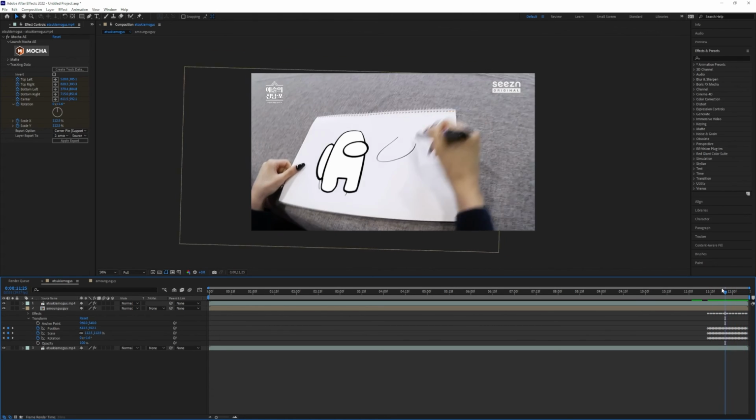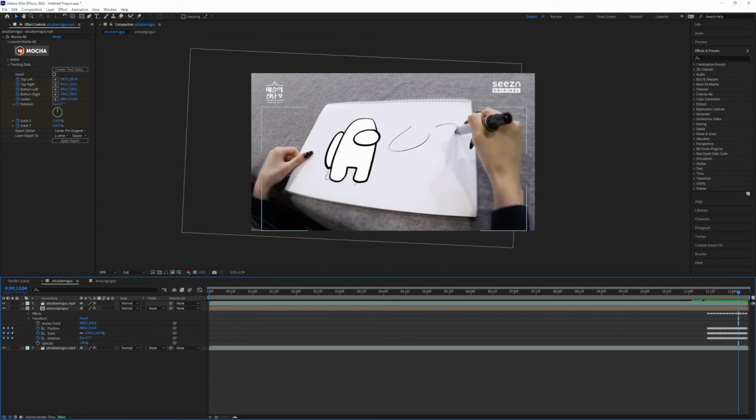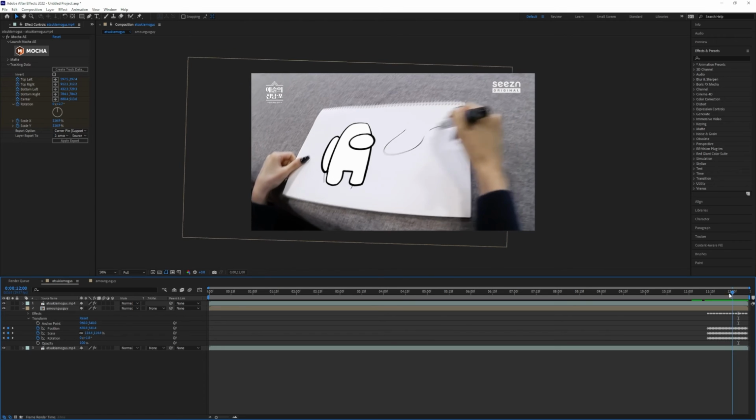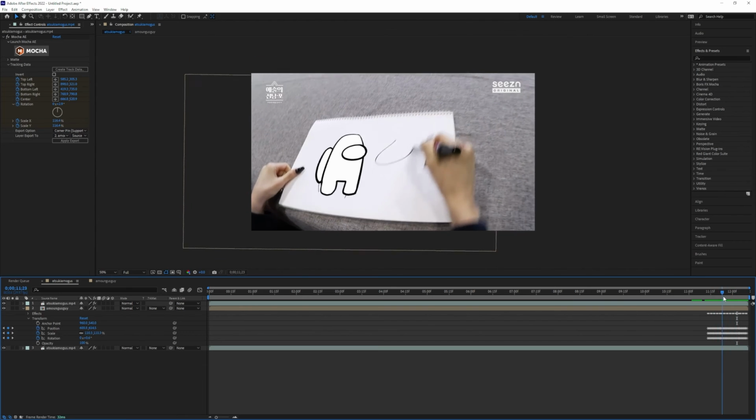Now, if I was doing this for real, I would move it so that it covers these lines. There is a nifty way I can get rid of these lines, but that's for a different tutorial. So yeah, so for one thing,